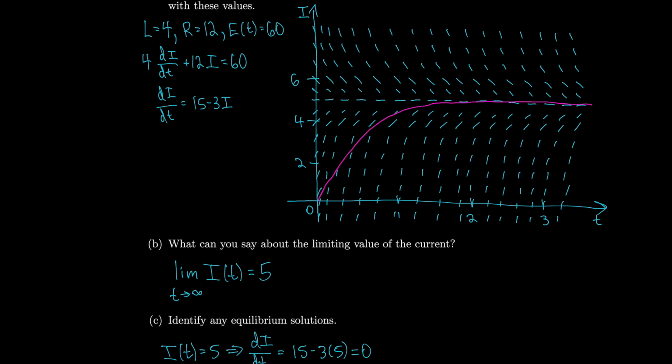That's how we drew our slope field to begin with. For every single one of these y values, all of our slopes are the same for any t value, which is what happens when you have an